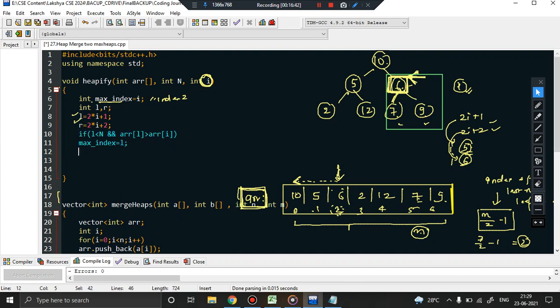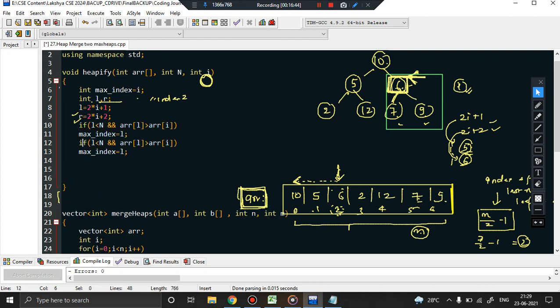Same case for the right child also. What should I say? I should say if the index of the right child R is less than n, means within the limit, and array of R is greater than array of I. What does it indicate? It indicates that the right child is greater than, sorry, not this, array of max index. This is much more appropriate. So if array of L is greater than array of max index, then we say max index will be equal to L, and if array of R is greater than array of max index,